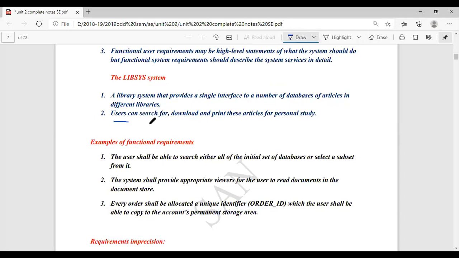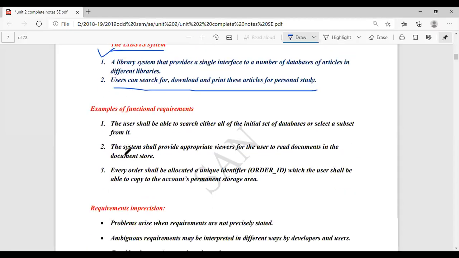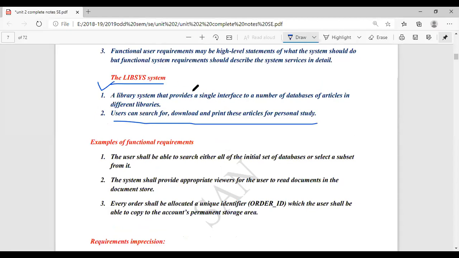Remember guys, this is not provided free of cost. When you want to download or print any article, it needs membership. But if your library has a tie-up with some international publications, they will directly provide access to the student. So we have two broad categories here. These are the two requirements, the two main functionalities, provided by the user.